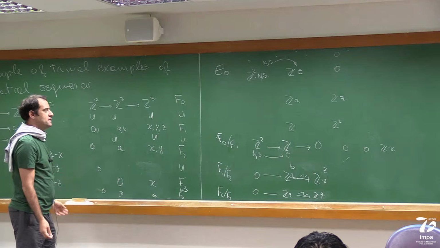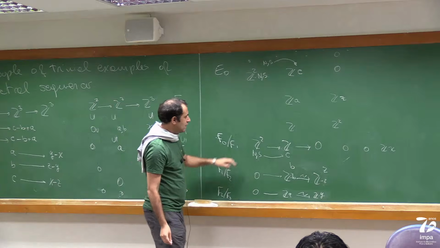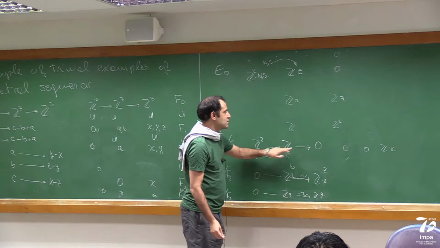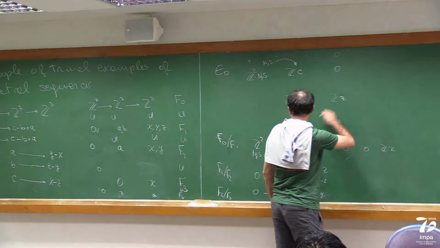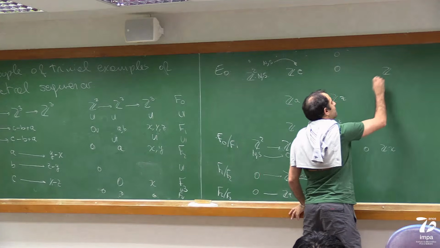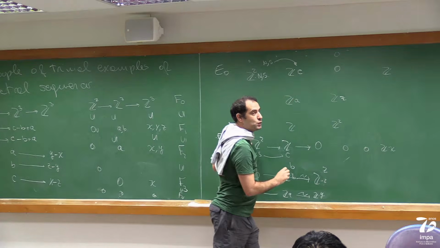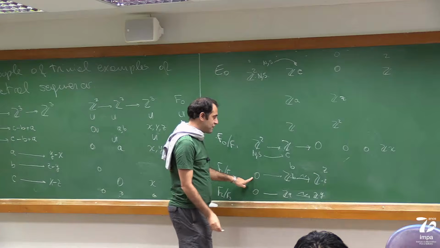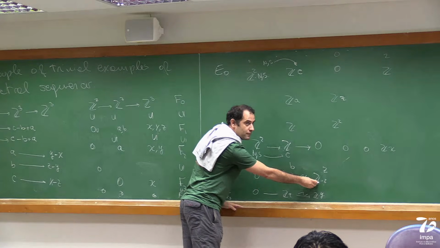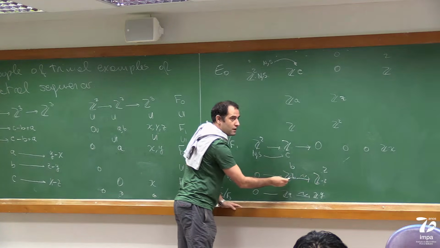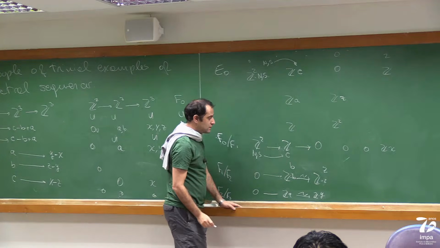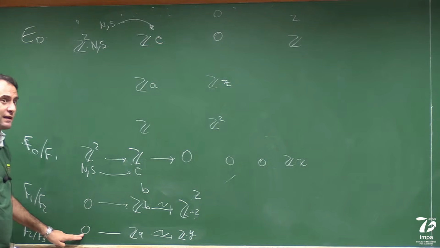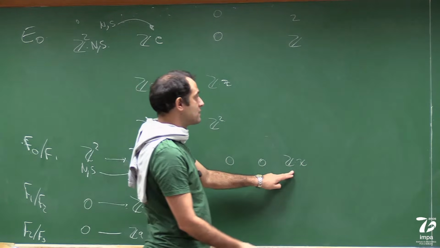Let's compute the homology of this associated gradient. Because now it's trivial, because the kernel of this map is of degree 1. This is surjective, so nothing survives in this degree. So this first arrow gives you a z, which is in degree 2. These guys give you nothing, because this is an isomorphism. The kernel of this map is nothing. Okay? So this is an exact sequence. This is an exact sequence, so it doesn't give you anything. But this one gives you something, which is z of x, which still survives.